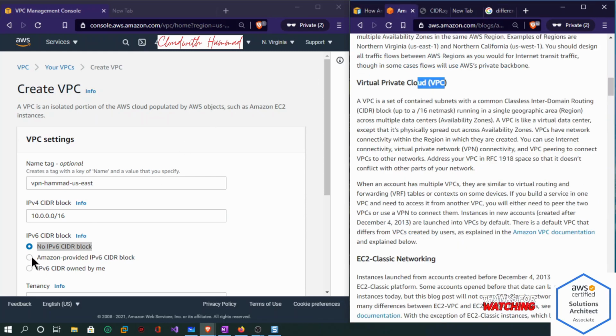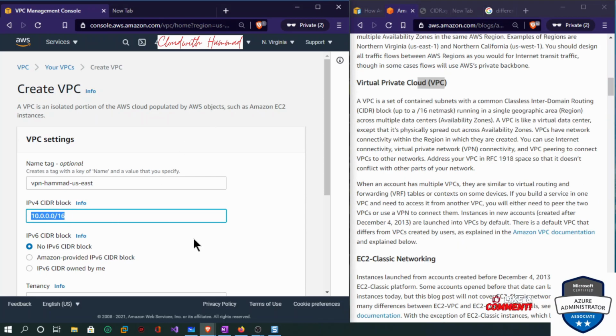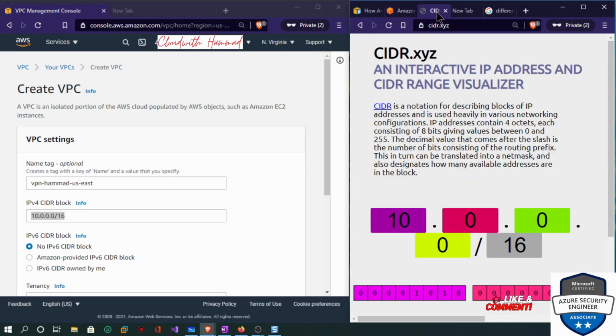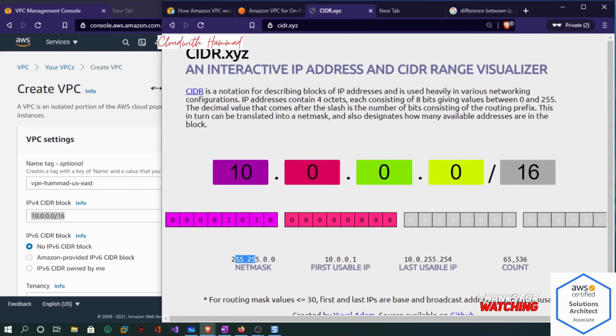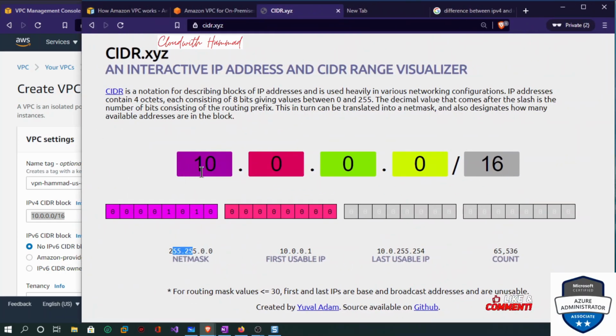Okay, so again, we will take the CIDR block of 16. If I go up here, and I'll just extend this a little bit, I did 10.0.0.0/16. This is the website, cidr.xyz. It tells you that the net mask is 255.255.0.0. First usable IP is 10.0.0.1, and it goes up to 254. Total IPs is